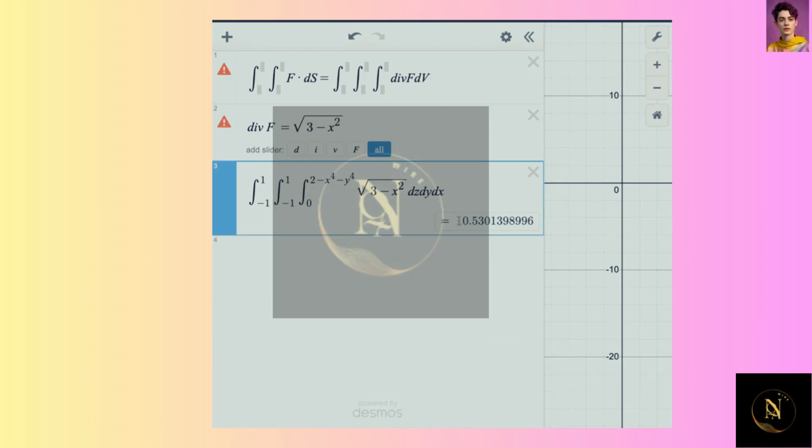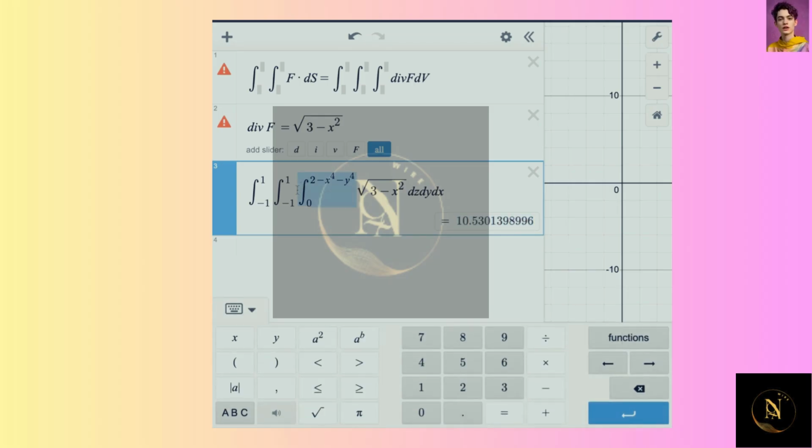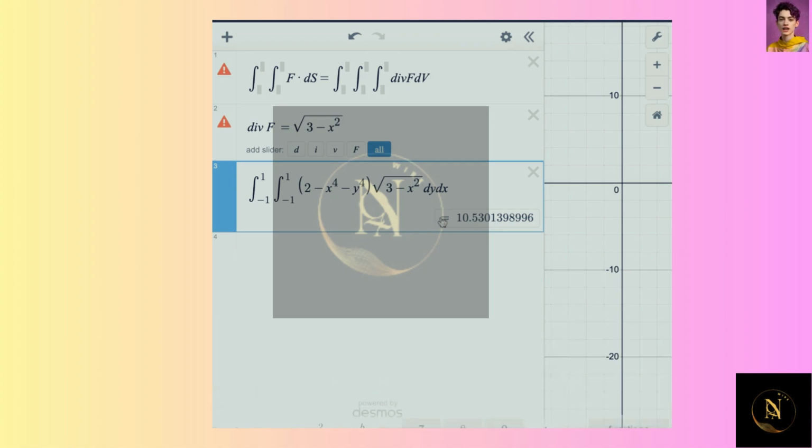So we already have the answer, but we want to solve this maybe a little further to understand what's expected. So when we do the first integral, we'll end up just getting this times 2 minus x to the fourth minus y to the fourth dy dx. As we see, we're getting the same value as a result. Then this is going to be equal to,